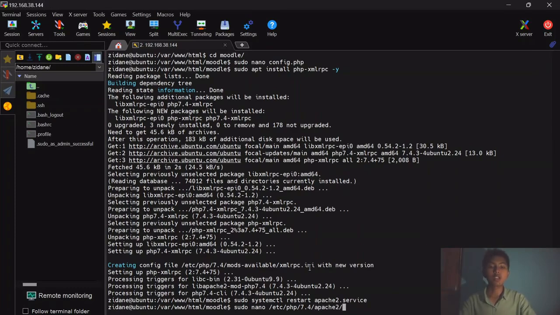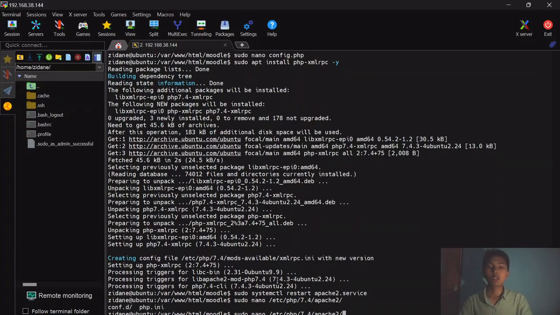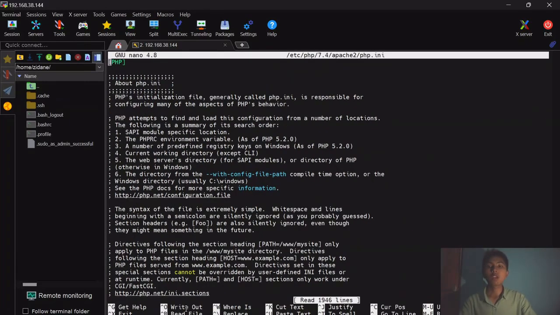And in apache2, there are two files. We will edit this file, php.ini. Enter. You can see there is long text, and there is a lot of content in this php.ini, but